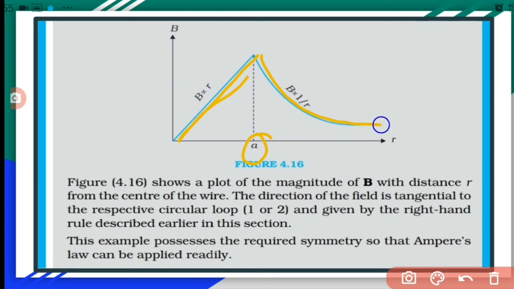So when something is inversely proportional, the graph will be curved like this. That shape is called what? Rectangular hyperbola, or hyperbola we say. So the graph will be hyperbolic in shape. This is how you have to draw the graph. When some equations are given, we have to draw the graph. Directly proportional means a straight line, and inversely proportional means a hyperbola.